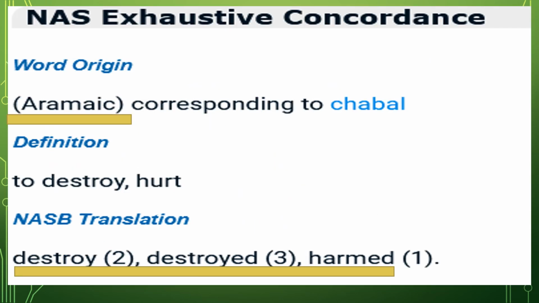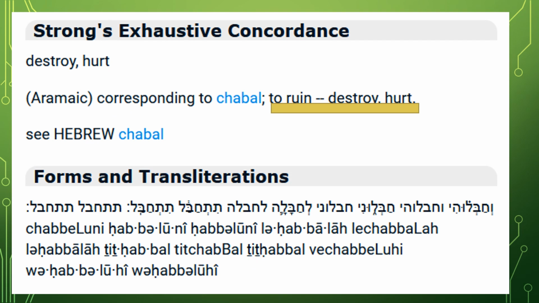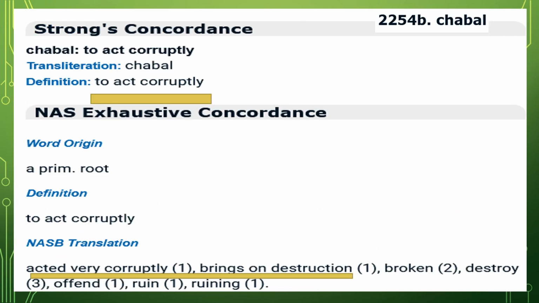And then it goes on, and you've got destroyed, destroyed, harmed, again going back to the Aramaic. And you have additional language indicating to ruin, destroy, hurt, with respect to this word, our, this construct, us. Now, something is clearly amiss here. It's either in this King James translation or it's in this Strong's Concordance that is making this reference to this 2248 through 2255, 54.